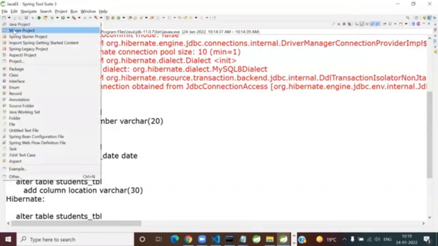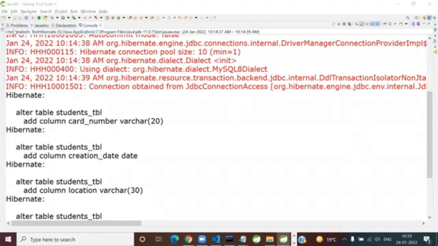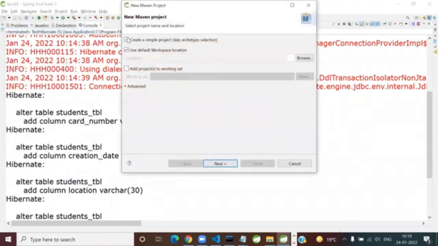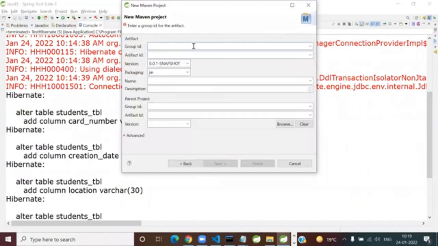Here, choose Maven project. Are we all ready? Can I continue? It's a new project. So Maven project, create a simple project, skip archetype selection. Next step,